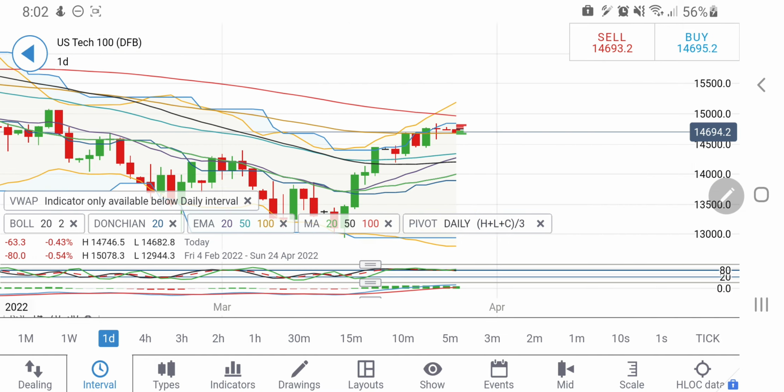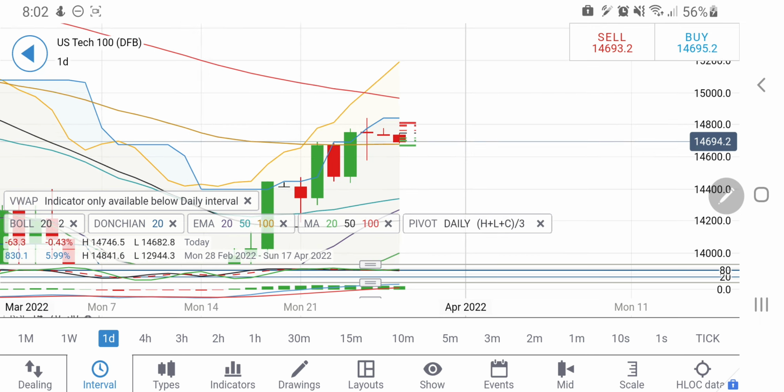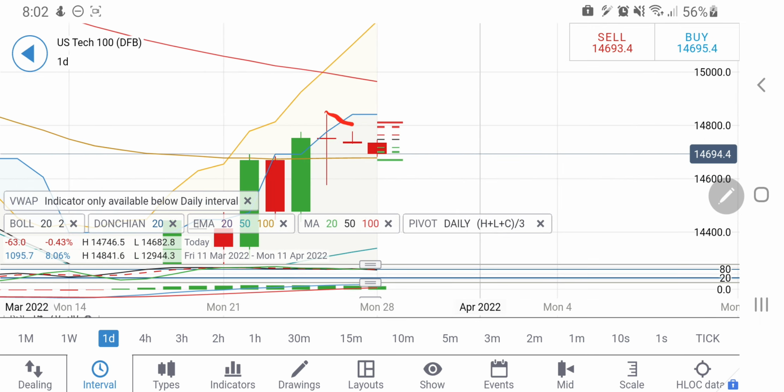On the daily charts, lower highs is what we can see, and that is why I say 14,750 is the level I'll be looking forward to. Any break beyond 14,750 is something beyond which one can expect it to rise. The rise is going to be stronger this time. If it continues to trade above 14,800, definitely one can expect that it is going to hit 14,950 levels, and there is a 100 period moving average coming into picture, which may give it a little resistance till 15,000 levels.